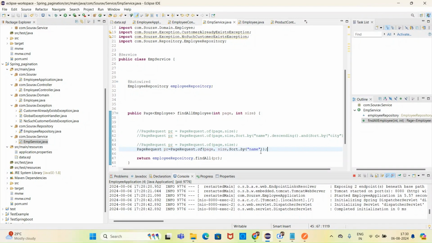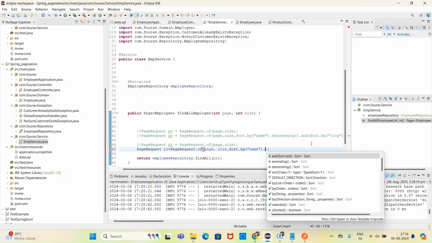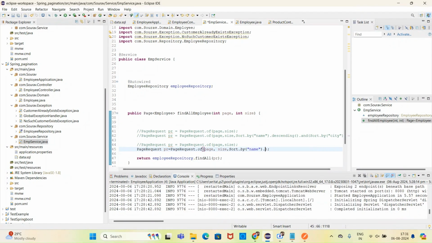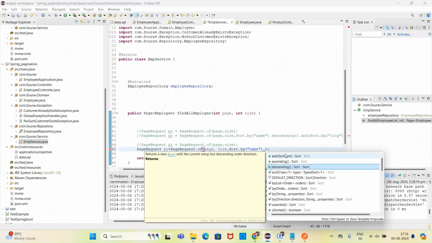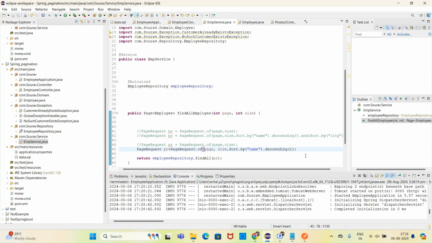So whatever attribute you want to sort, whether it is name or department or any other thing, like city, you can do it like that. As we have not done any other thing like descending order, by default it is taking ascending order. Let's say you want to sort by name in descending order, then you just need to do it here as descending. So if you do like that,